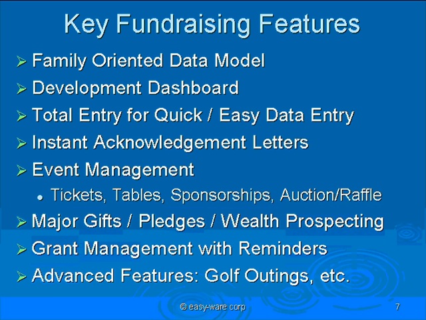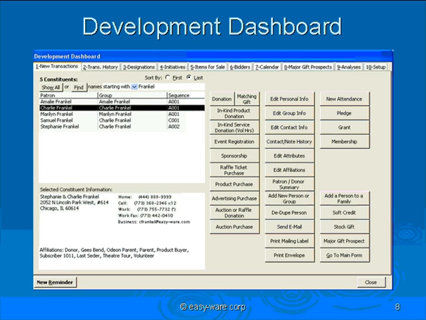And we go here now to look at the development dashboard. And here you see all the relations between all of the people in that family. And it could be also with friends and with other associates within the company, and an opportunity to be able to see who these individuals are that are collectively together, as well as all their data, their affiliations down at the bottom where you see their donors, their G-bands, their Odeon parents, again, from what school they come from, with the theater, and then they volunteer.